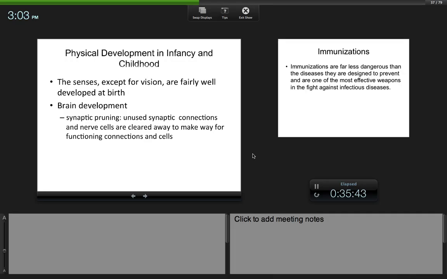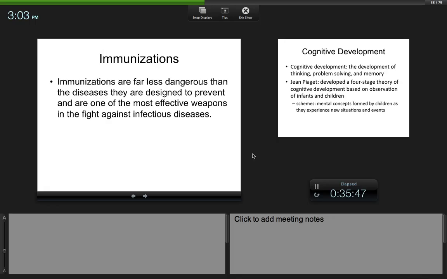Okay, let's talk, not long, but a little bit about immunizations. Immunizations are far less dangerous than the diseases they are designed to prevent. What has happened with immunizations and vaccinations is that in the late 90s, people said it's linked to autism, and that's why they don't like to immunize their children anymore. What do you think? Is there a connection there? No. All right, in the 1990s,